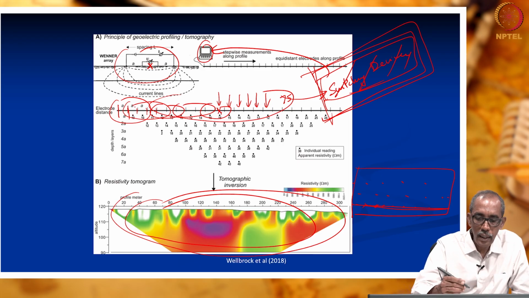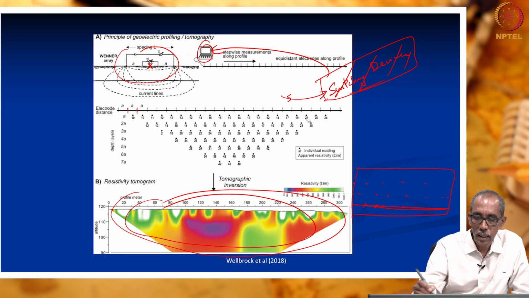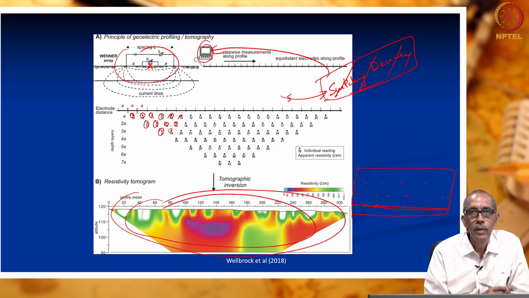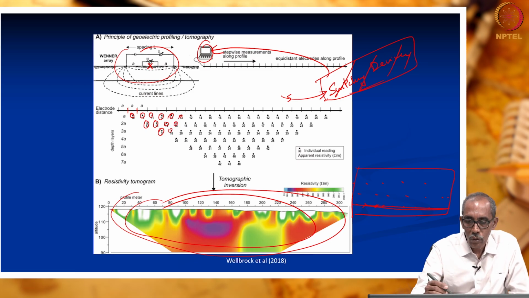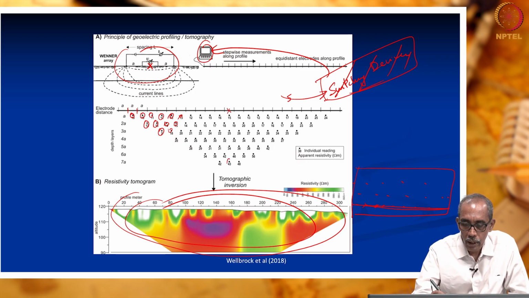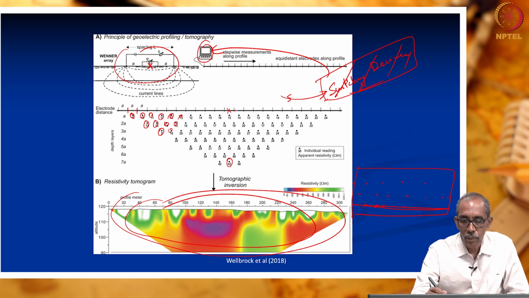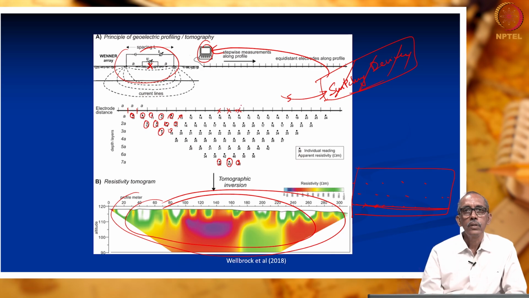Better to look at this diagram here, right. What we see here is, when we conduct a survey at the surface, we are obtaining the resistivity or apparent resistivity of all these dots. So, when you do vertical electrical sounding with this point at the center of the spread, we are able to determine the apparent resistivity up to this depth. When you do a survey from here, you are able to determine here, and here. Okay. So, this is how